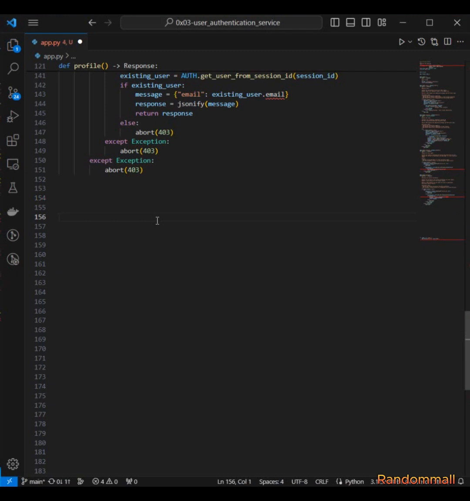In the app.py, for these 17 tasks, we will implement a get reset password token function to respond to the post reset password route. So we create the route and the method is post, and then the name of the function is get reset password token,